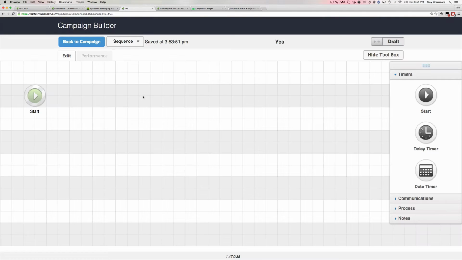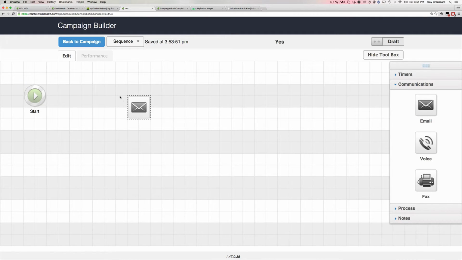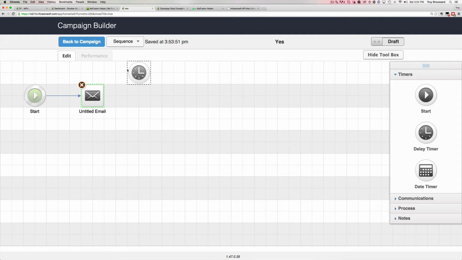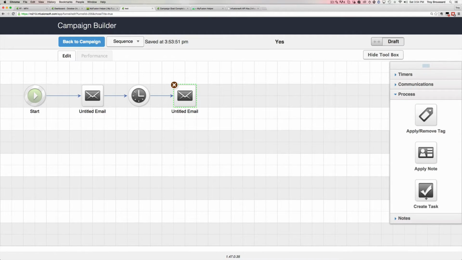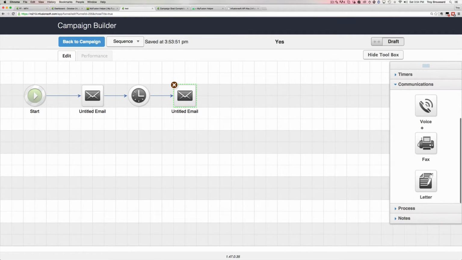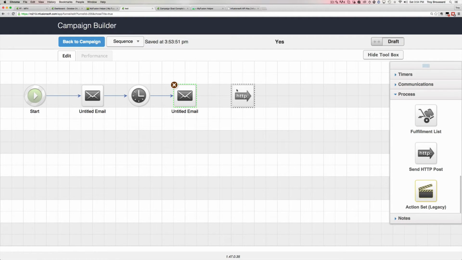Now, to invoke that goal, let's say we did a whole bunch of stuff in here. So we might have some emails going out, and we might have a delayed timer after that, and another email that goes. And depending on what they do, let's just presume that they take the action here. And this is the yes path. And so they did what we wanted them to do, and so we want to track the goal. So now what we would do is come in here,